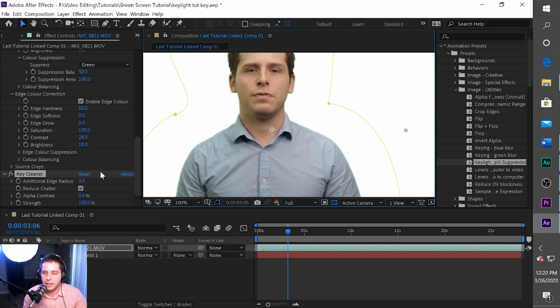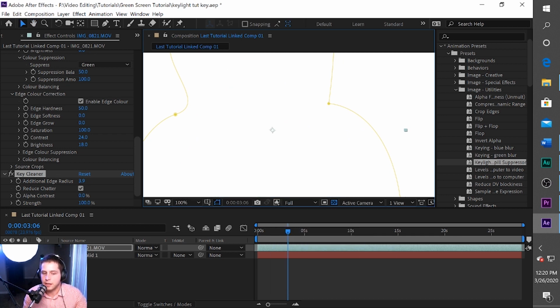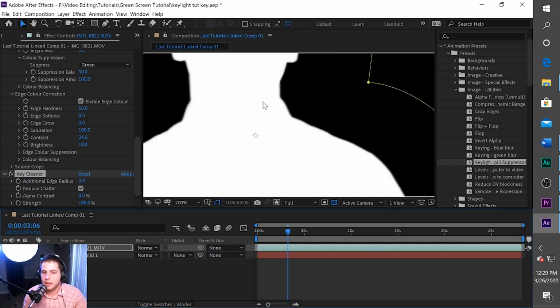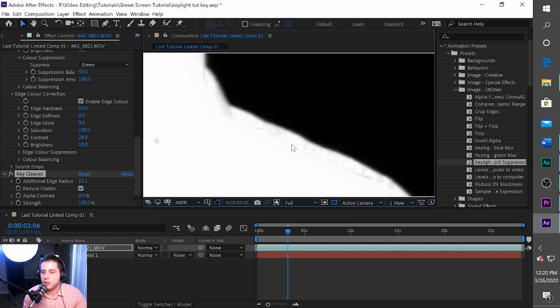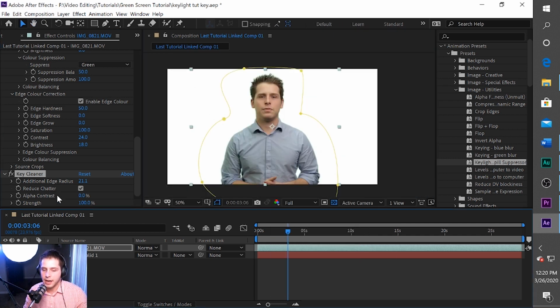Now the problem with Key Cleaner is that, I'm not sure if we can see it on the alpha setting, but it adds some transparency around the edges. You see here, if I boost it up a lot, you won't see it necessarily in After Effects, but you'll see it once you render the key and once your video is rendered. You're going to see that there's quite a bit of transparency around the edges, and it's a lot of pain